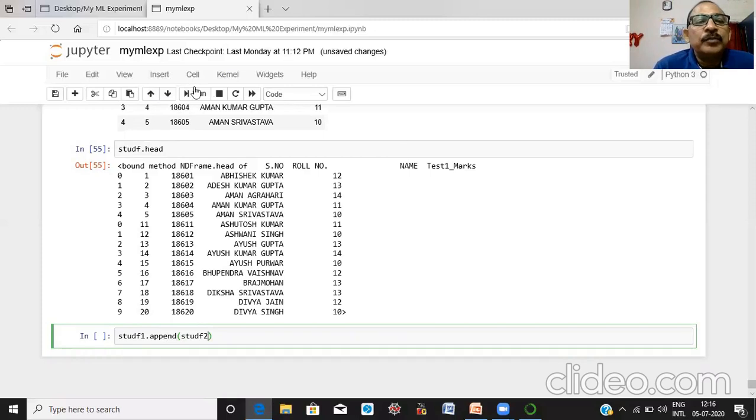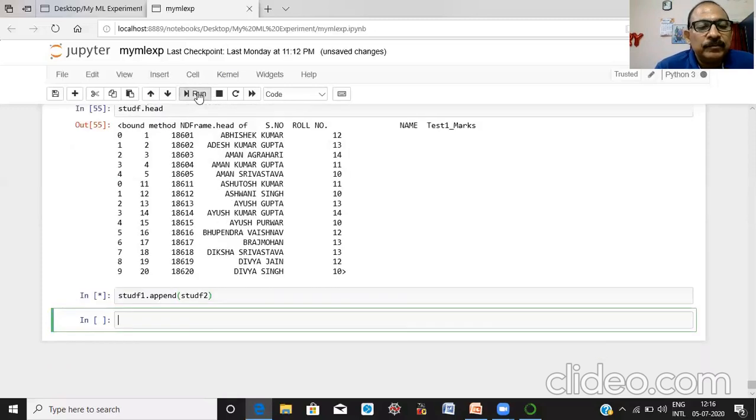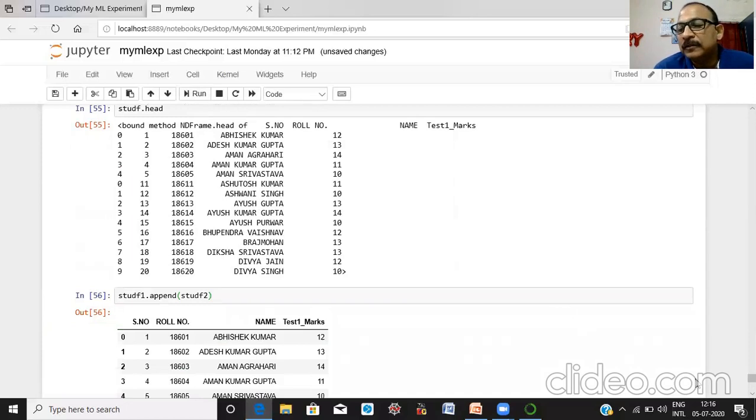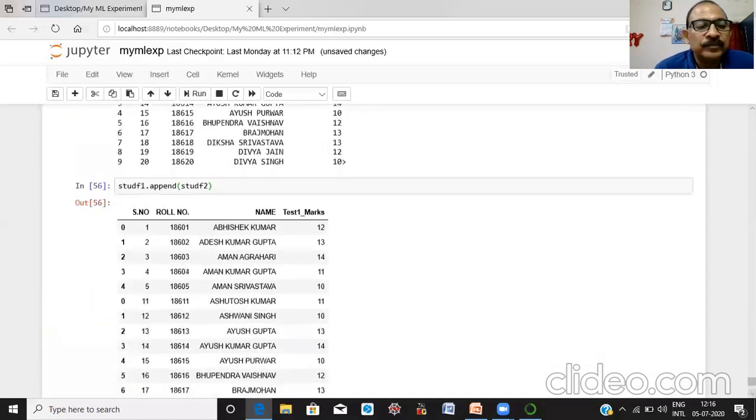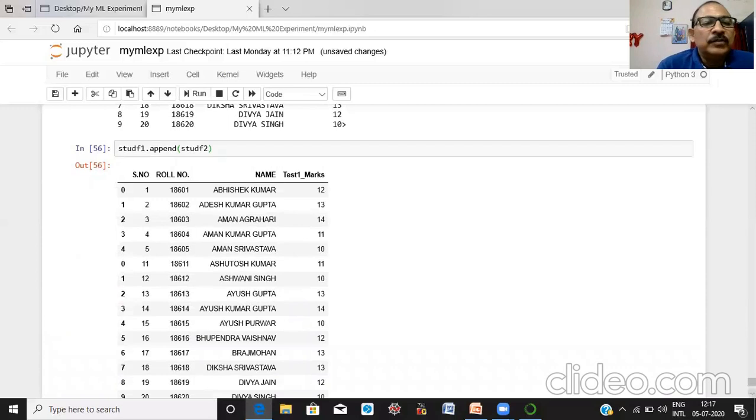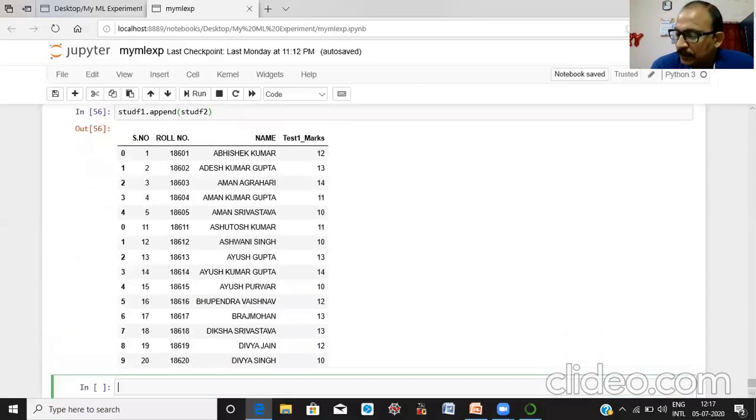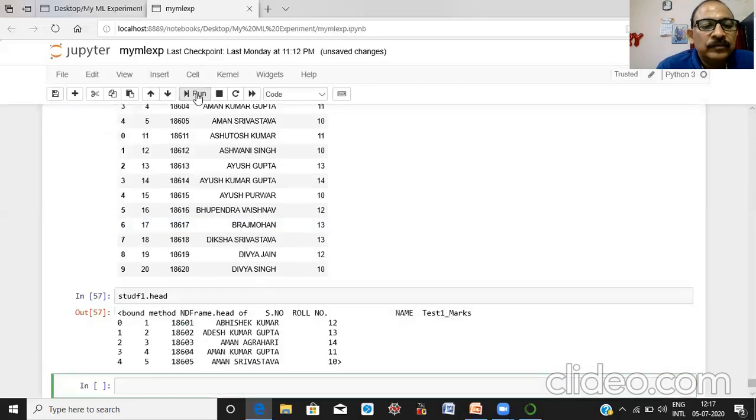This way you can also append two data sets. But when you see df1 dot head, it has only the previous records.